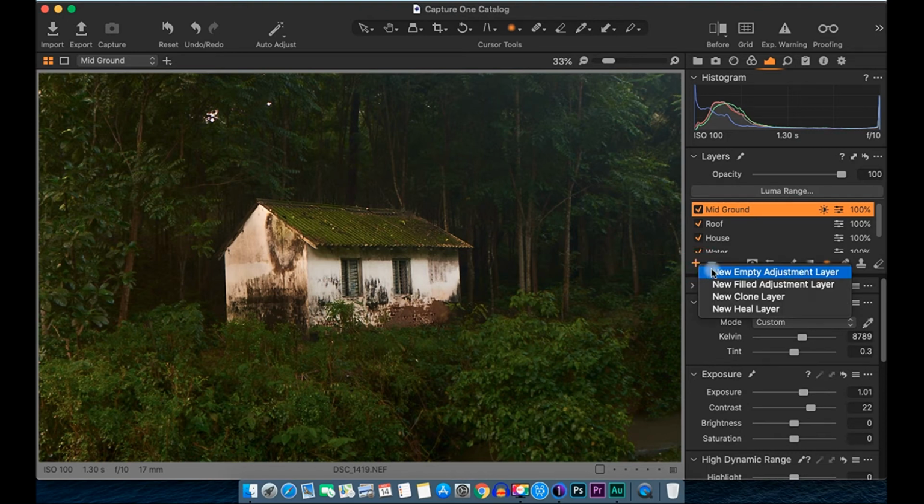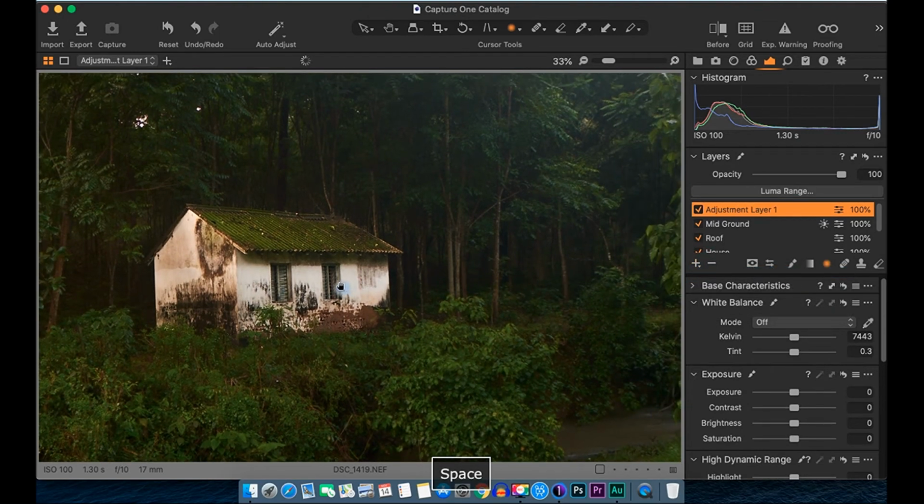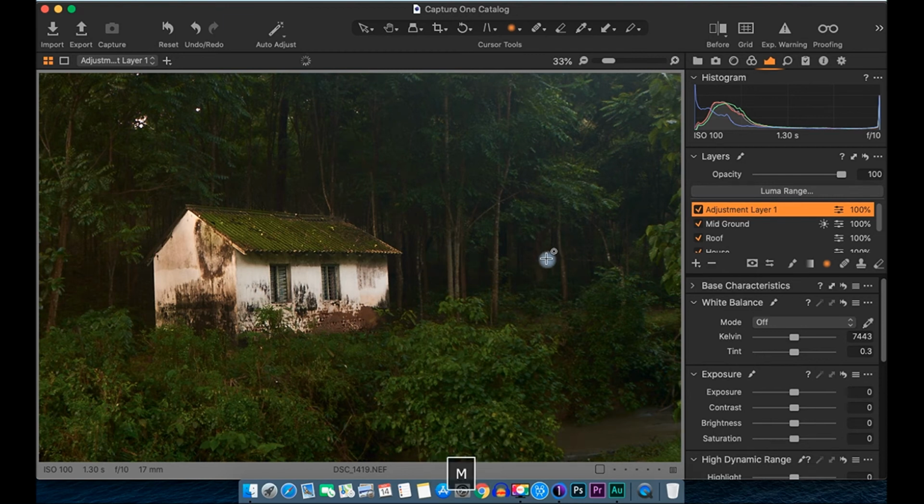Empty adjustment layer, and let's take mask. Here I'm going to write trees. Let's take brush and just select these trees. So to do that, what I'm going to do is just tap one point here, select shift and tap one point. That's it. One here, one here. So I'm going to select all these tree branches.